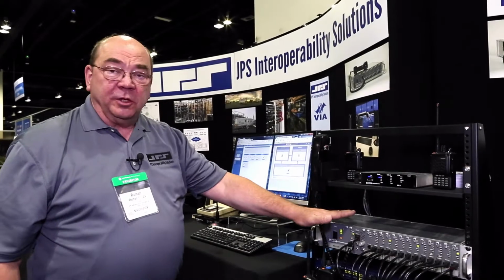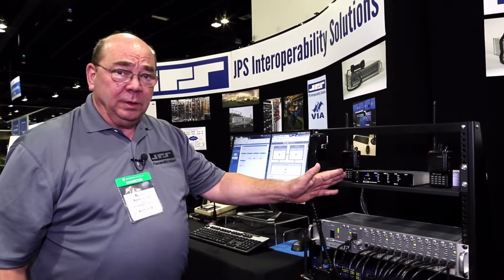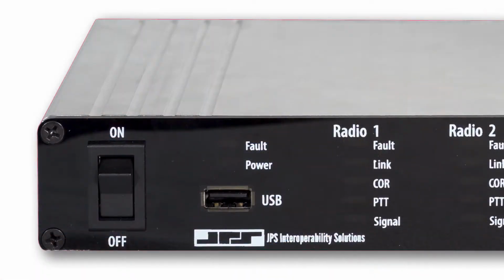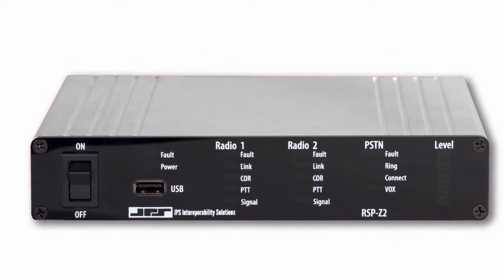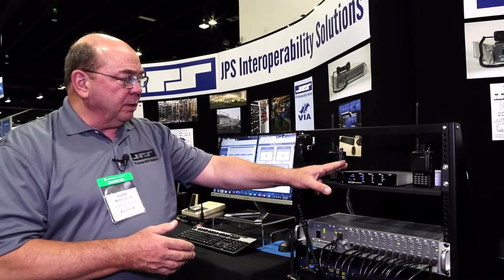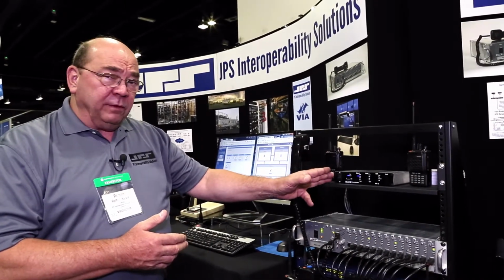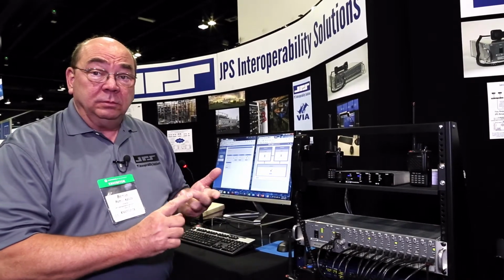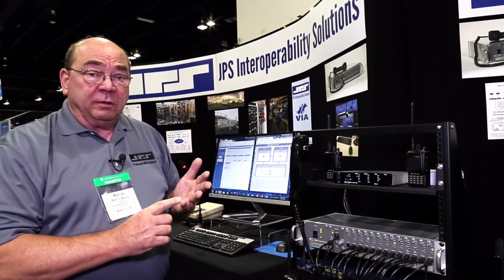So the sister to the Z1 is now the RSP Z2. And what we've done is we've taken your suggestions and your requirements. We now have a dual audio channel unit. So two radios or two audio sources can be hooked into this on the backplane using our interconnect cables or 4-wire interfaces, as well as we've incorporated the JPS ROIP protocol, our SIP protocol, RTP, and given the flexibility to